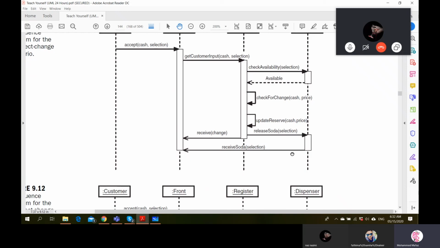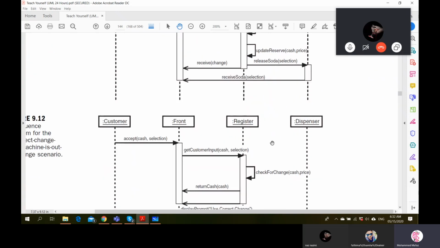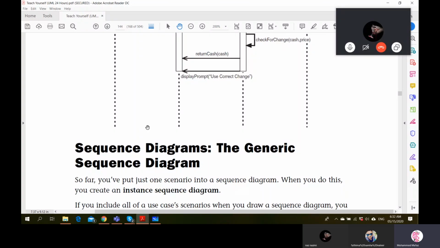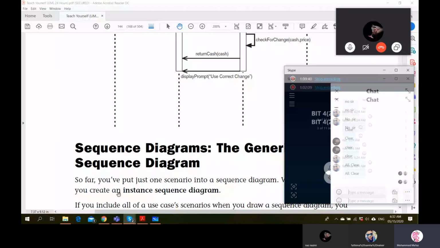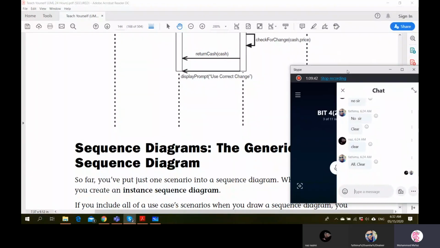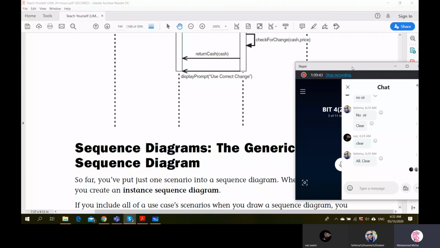But in a general sequence diagram, how do we do it? When we are drawing a general sequence diagram, we will come up with many more complicated scenarios, and how do we show those complicated scenarios with different notations? That is something we'll discuss in the next class. Any questions up to now? You can ask if there are any questions.